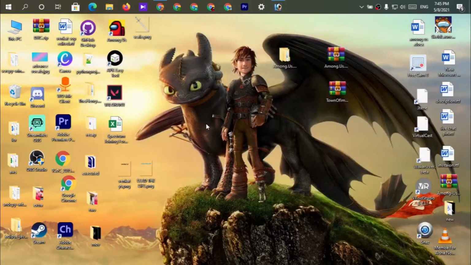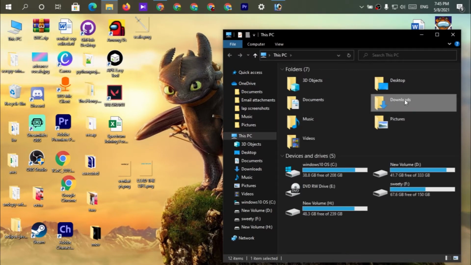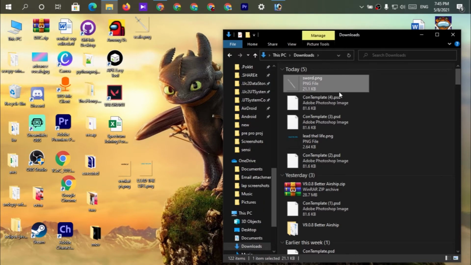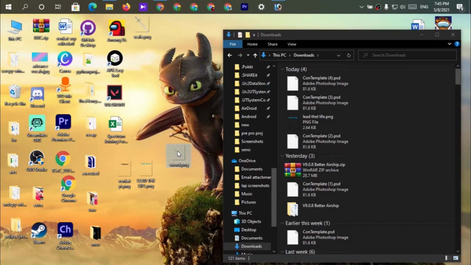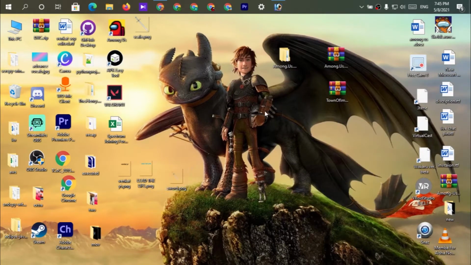Okay, I think we have done enough. Actually that was moved into download folders. Let's get that. So here we have the latest 3 images which we have just made.